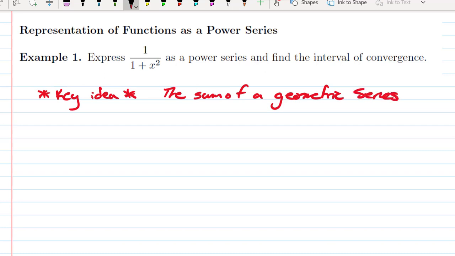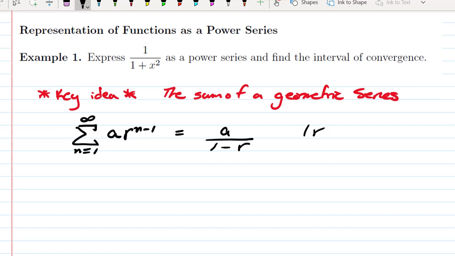So if we start with a general geometric series, our general geometric series is the sum as n goes from 1 to infinity of a times r to the n minus 1. And that's the normal way we write a geometric series, and we know that this converges to a over 1 minus r, provided the absolute value of r is less than 1. We will reindex the series